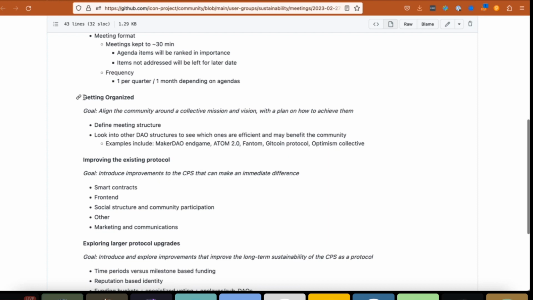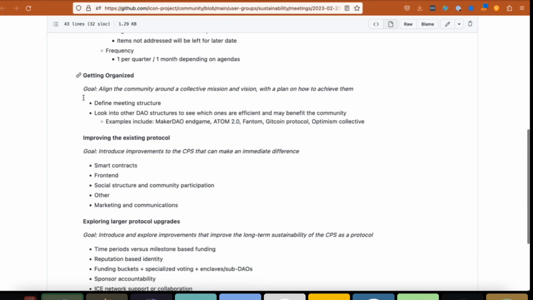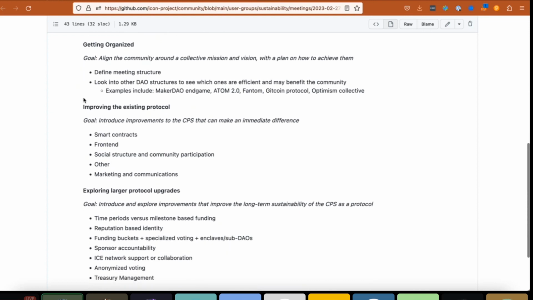The next thing is the agenda items to go over. And this was a collaboration with TJ. So basically what we've laid out in this agenda, which you can see the 3 parts here, is how the CPS product should be developed moving forward, and the product includes the community aspects of it.